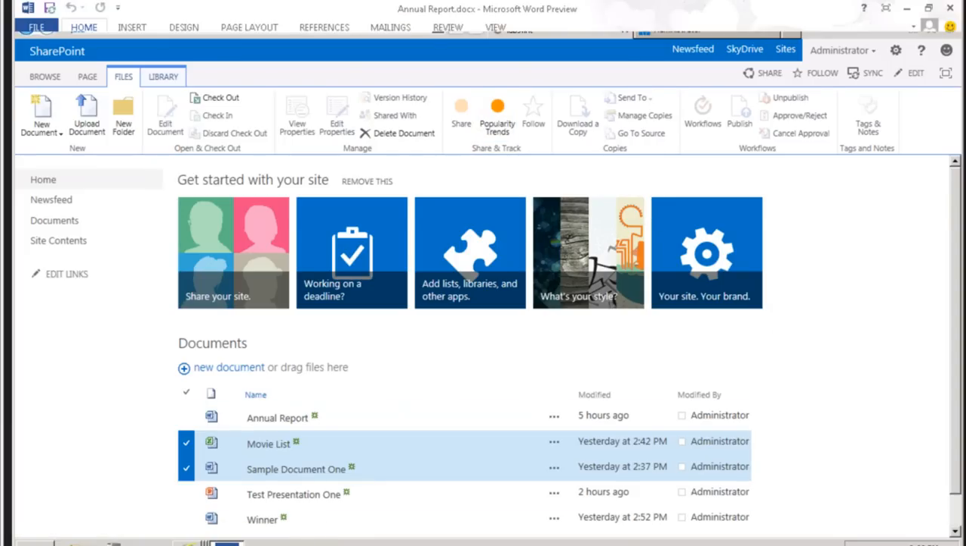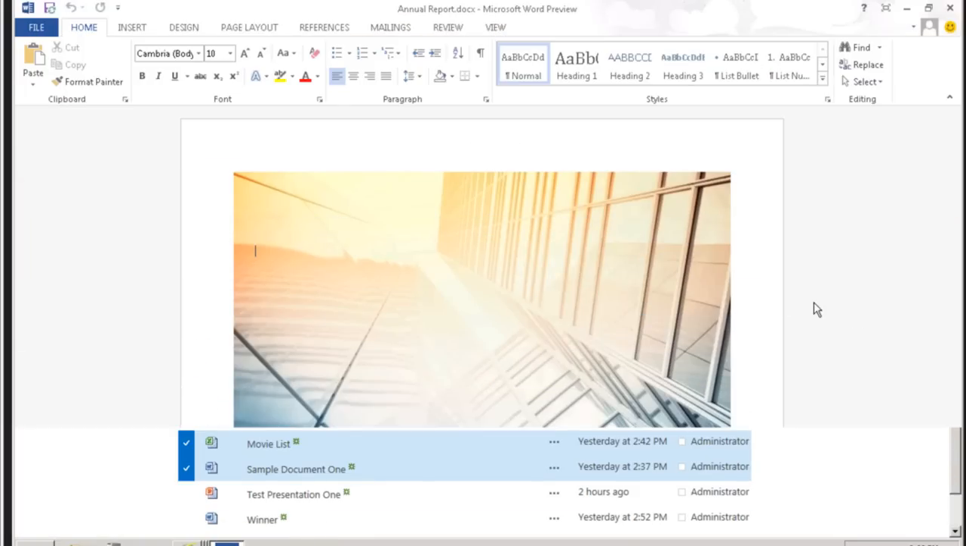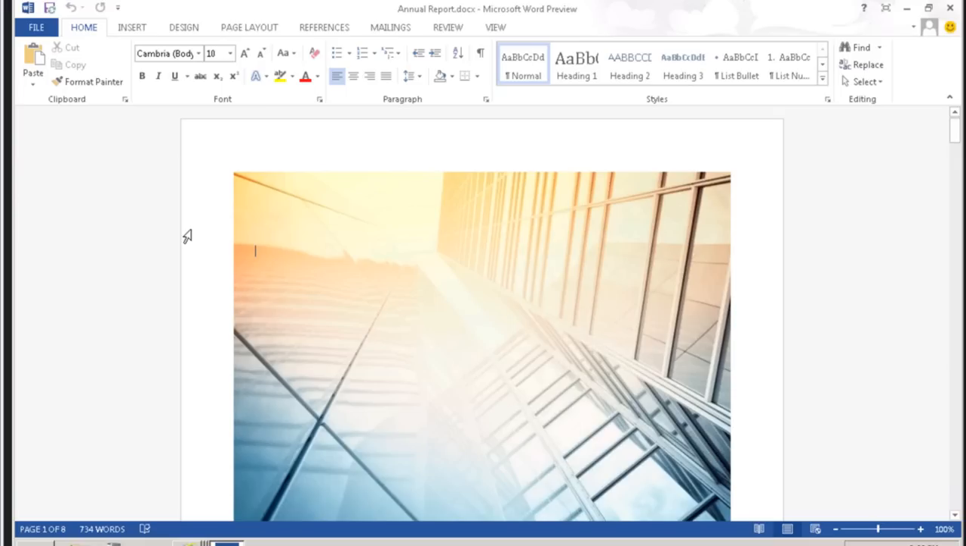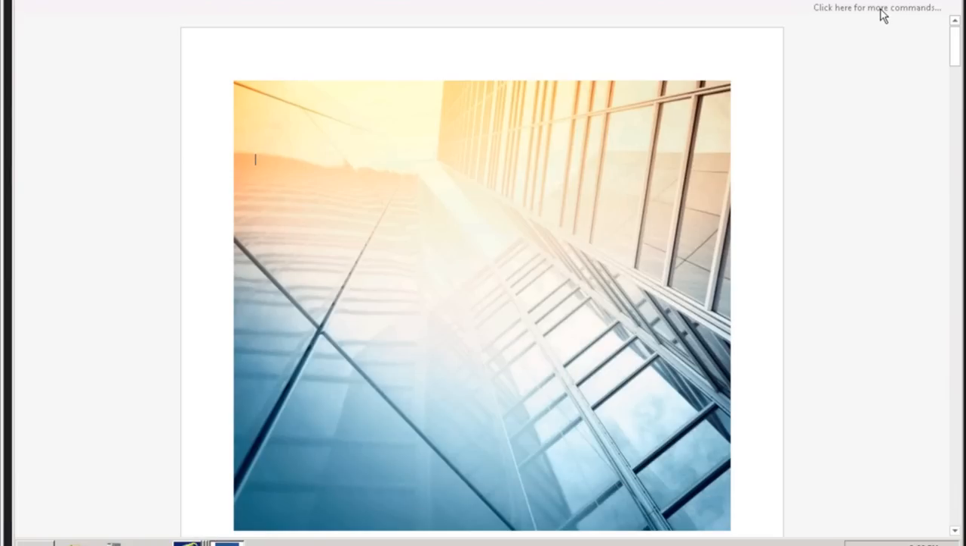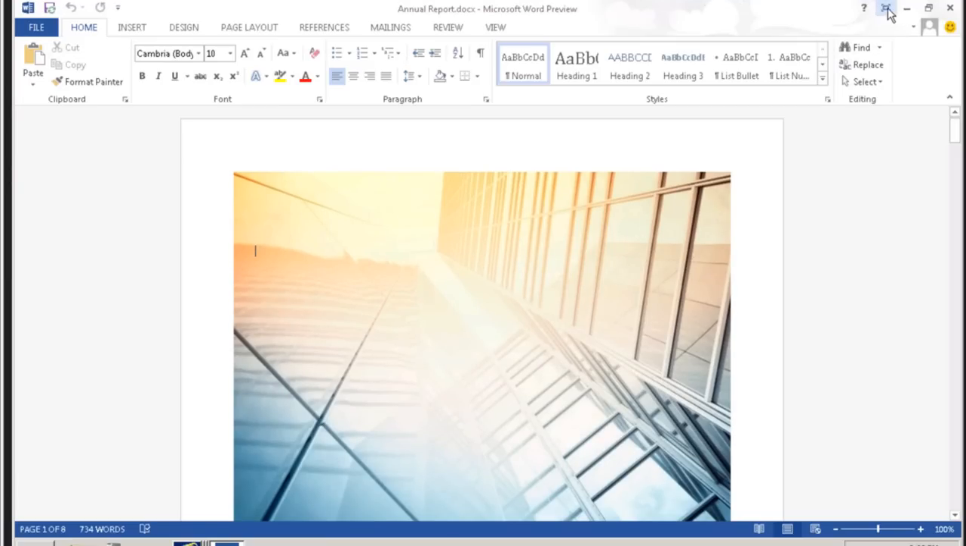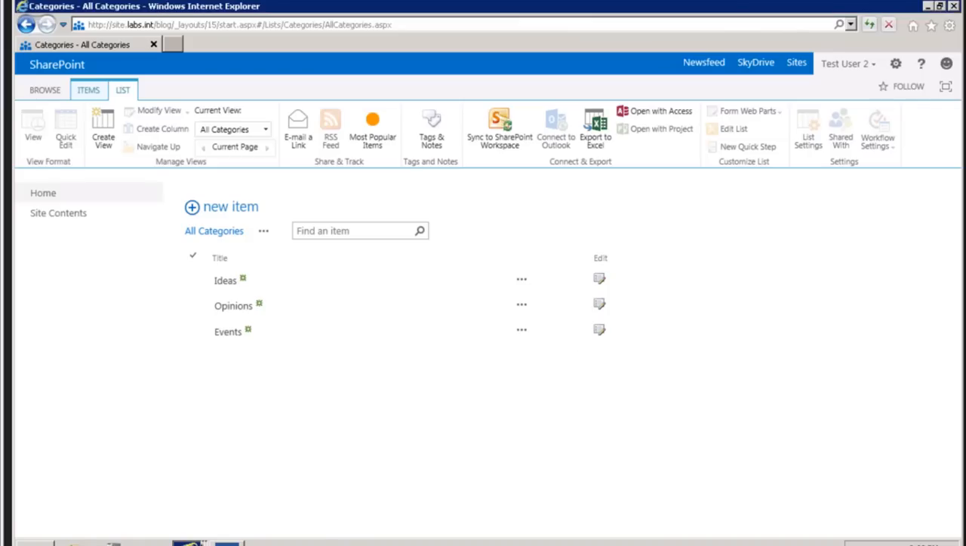So while that's loading, you'll see that my document's loaded directly into Word. If you haven't seen Word 2013, it looks very similar. Notice this icon in the corner, exactly the same as we had before. In SharePoint, it now focuses on the content, and you can obviously go back to that. If I just close that